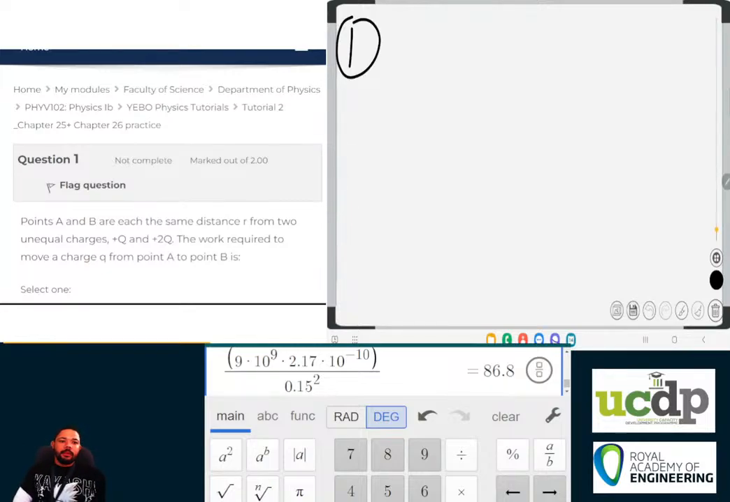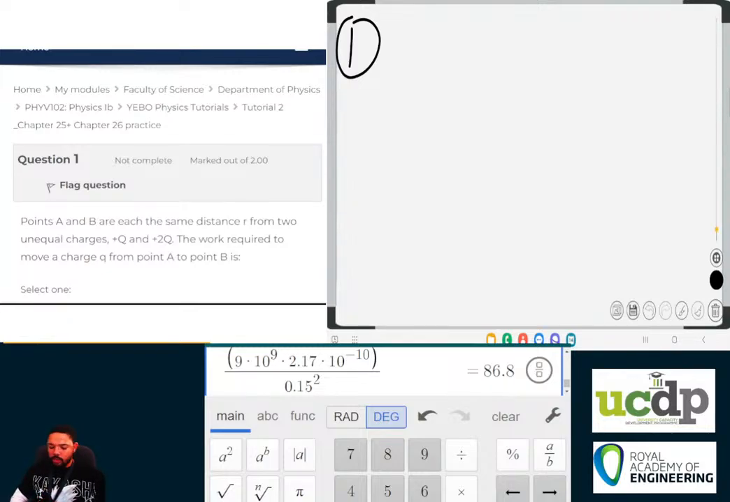Points A and B are each the same distance r from two unequal charges. So we have two points A and B, the same distance from two unequal charges, plus q and plus 2q. So one of these charges is twice as large as the other one. Now the work required to move a charge q from point A to point B is,